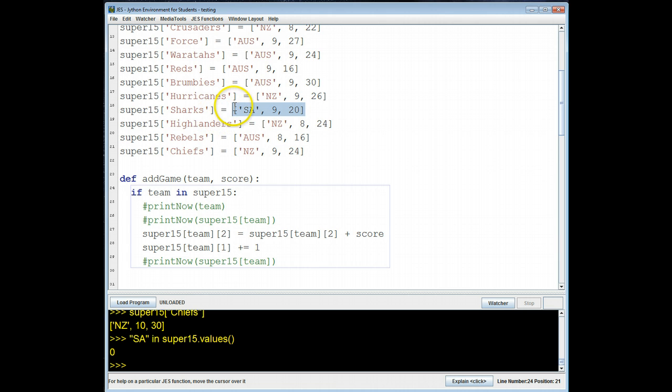And I'll just quickly modify this here. I'll just change the sharks. They can just be SA. They don't have a list associated with them anymore. They're just SA. So that's their hometown. They don't have a score or anything up there. They're just not like the others. Now if I do this here,